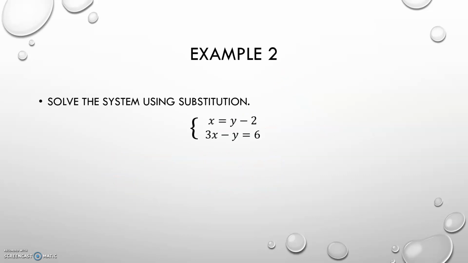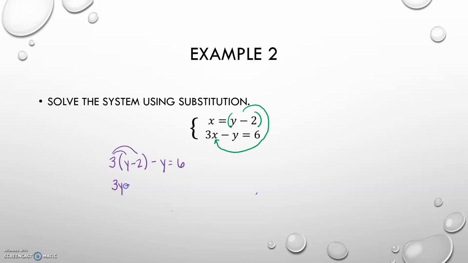For this one, this time I have x by itself, and I don't need to have y by itself. We're not trying to graph. It's okay to have x by itself. I'm going to go ahead and put whatever x equals in parentheses, and I'm going to substitute it in to the other equation. So I'm going to get 3 parentheses, because I get to the x, and then y minus 2 minus y equals 6. When I do distributive property, I get